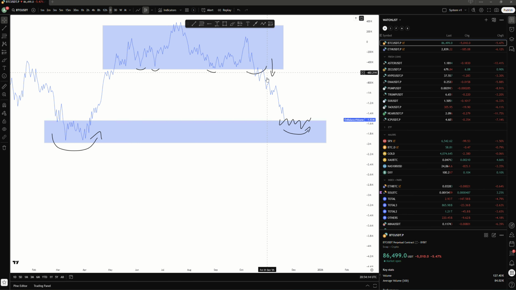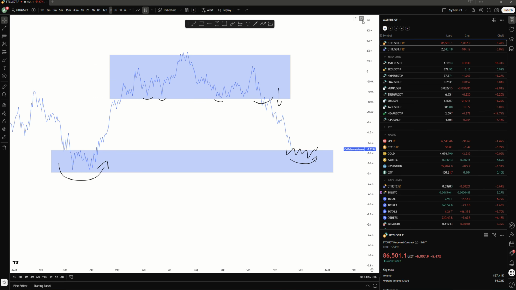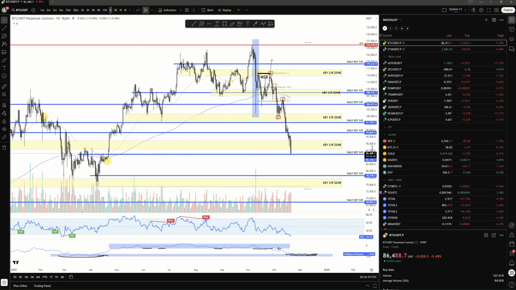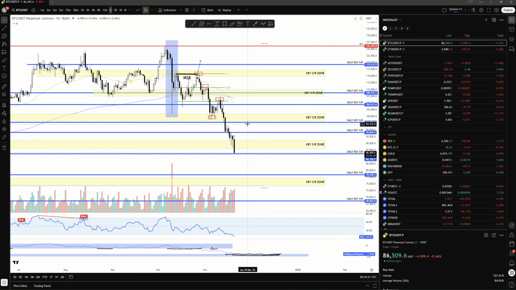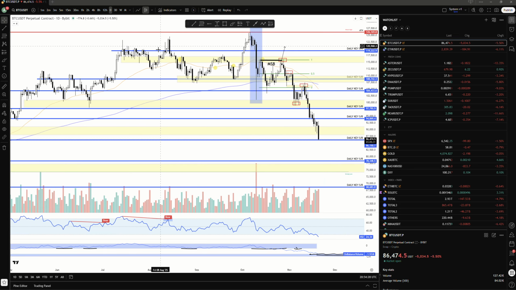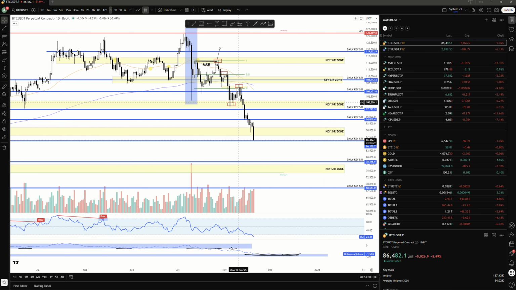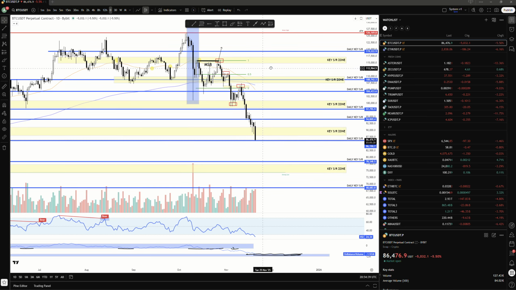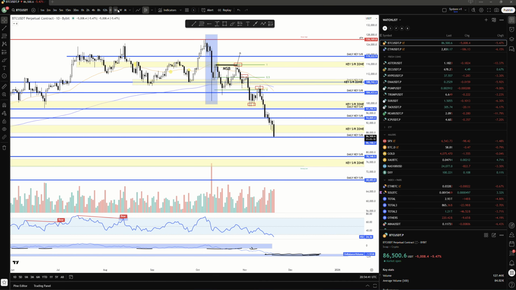So this indicator just shows us that a bottom has not come in yet, and as I'm on here, price is falling further and further. We play these support and resistance levels, and it's just difficult to know where a bottom is. But one thing we can note is we're in a downtrend, and then when we combine that with the other macroeconomic things that are going on,